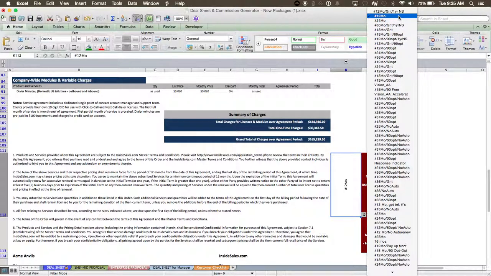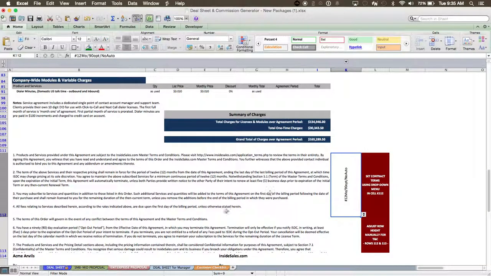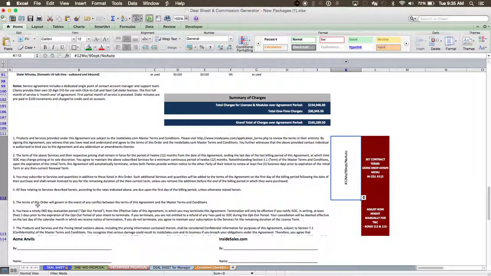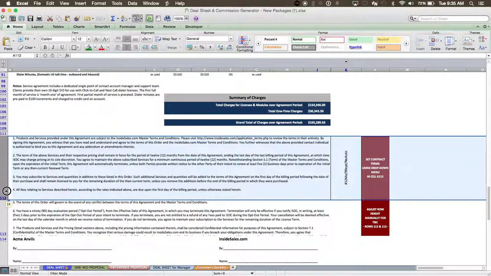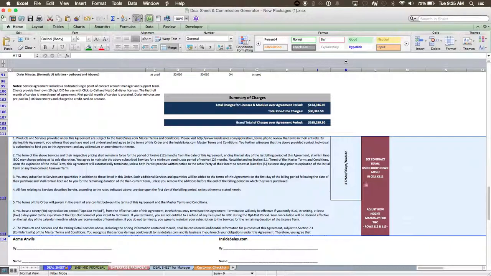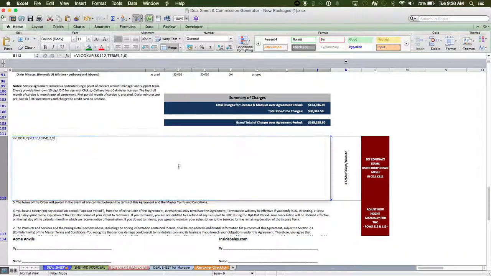Now if we were asking for 24 months with some sort of personal guarantee, then we'd see the language change here. Let's just say in this case though that we wanted to give them a 90-day opt-out with no auto-renewal. Well, if we select that term, then what you'll notice is that the terms have all been reflected here. Now, these rows, 112 and 113, they have to be adjusted manually every time you choose a new set of terms, because you'll notice, for example,